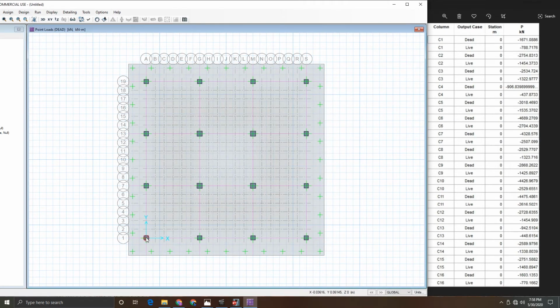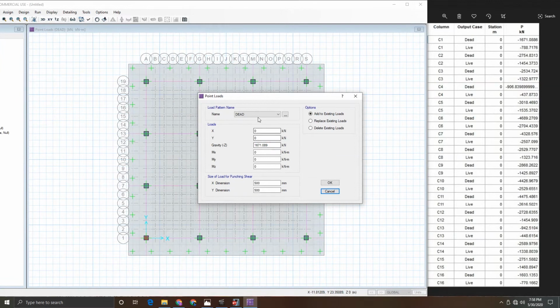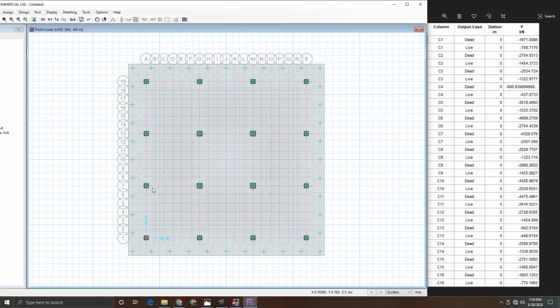Now click the point again, go to assign load data, point loads, go to live. What is the live load? The live load is 788.7176. It will take so much time. So okay, click the second column,